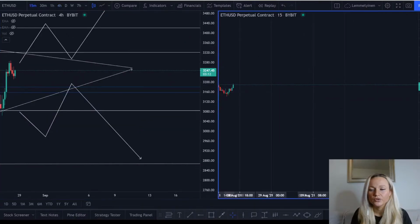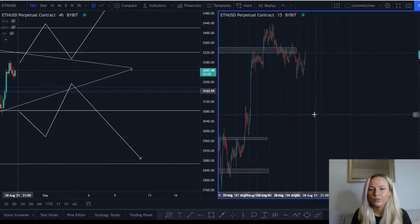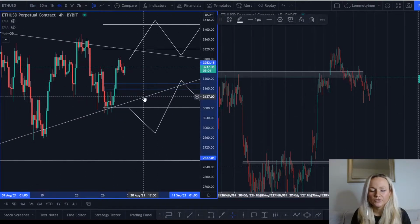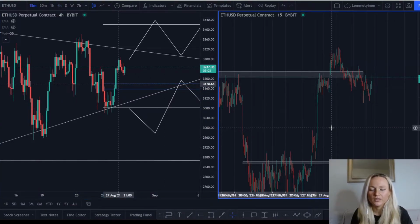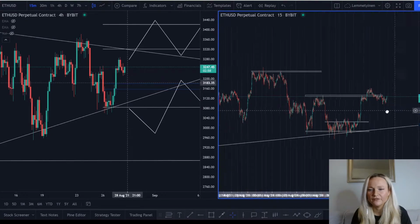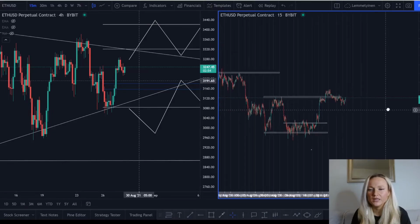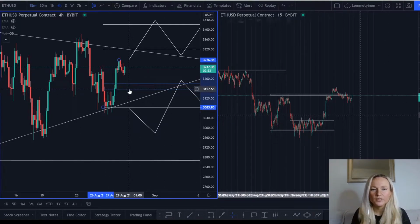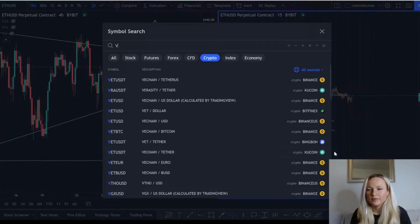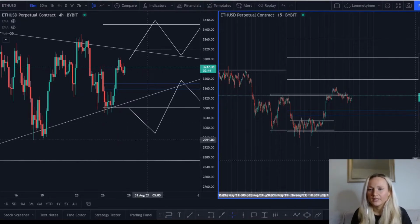And if we're going to the lower time frames and trying to combine these areas of what we're having on the higher time frames, we can take, just to make sure that we are looking at the same thing. Okay, this is very, very far away, so we can take that because it doesn't make sense on the lower time frames. But what we can do is that we can take the Fibonacci, copy and paste it to the other side like that,